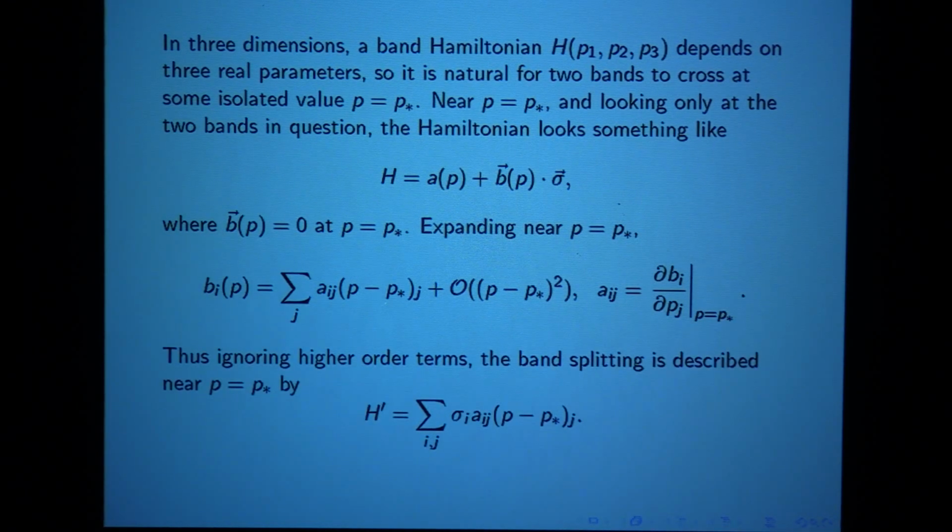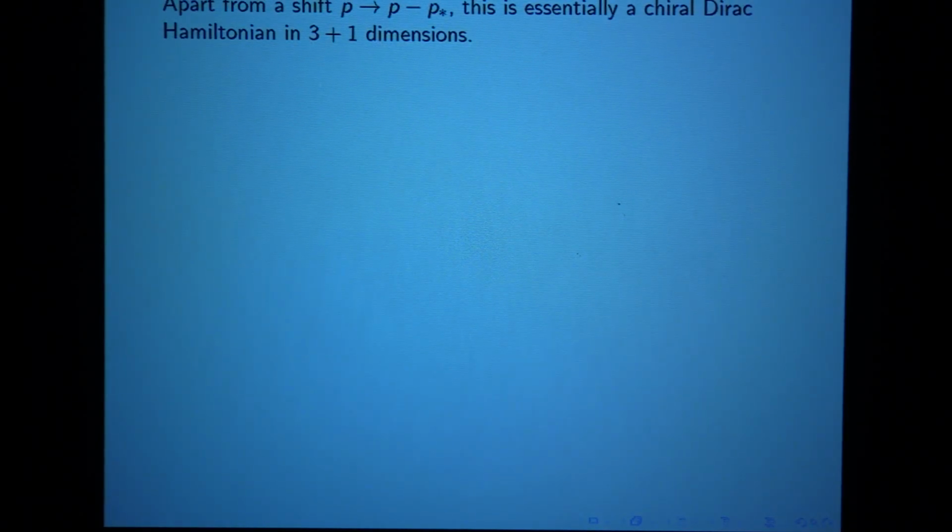So, near the point P equals P star, we ignore the higher order terms. And so the band splitting is described near P equals P star by a Hamiltonian that's linear in P minus P star times sigma matrices. And I've dropped this scalar term A of P because it doesn't affect the band splitting. So this is the Hamiltonian that describes a generic band splitting near P equals P star. Now, apart from the shift that P goes to P minus P star, this is essentially a chiral Dirac Hamiltonian